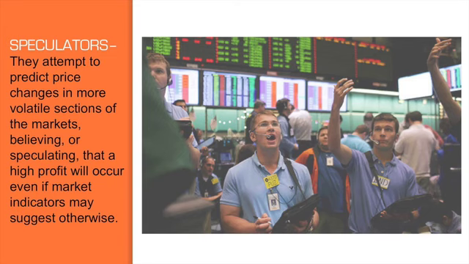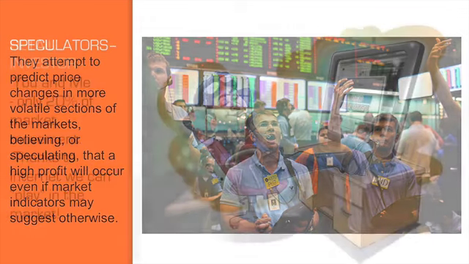Speculators work for major banks and special departments and trade money for clients. It is these departments that take your hard-earned money that you take to the bank, put it in the Forex market, and then grow it and turn around, pay you a whopping 1% for the year. Isn't that great? So also you notice that these guys work for the bank. That also means that when the bank is on vacation, they are on vacation. You are missing a huge portion of players that move the market. So again, when they go on vacation, you go on vacation.